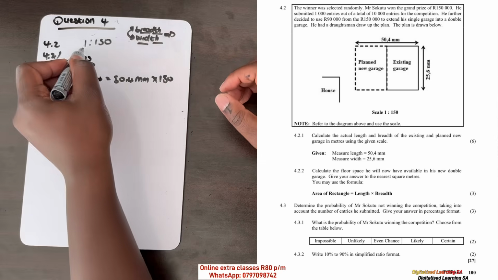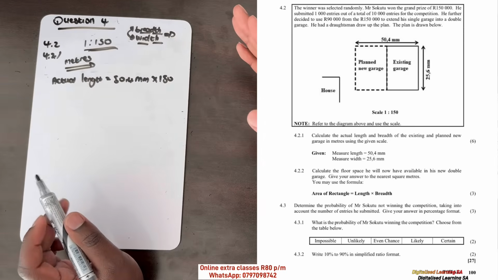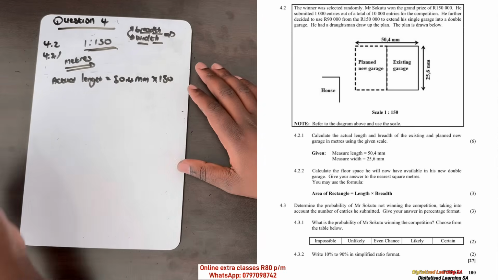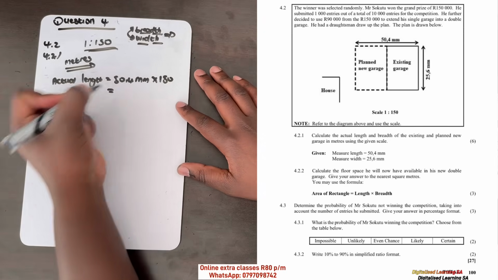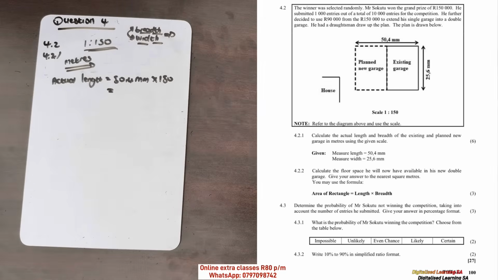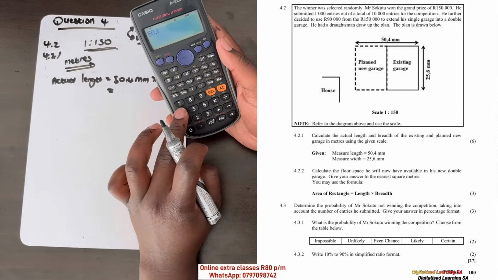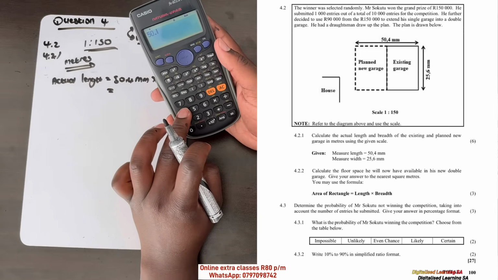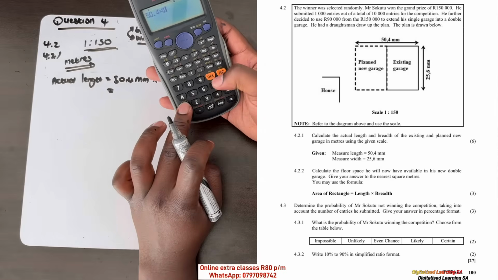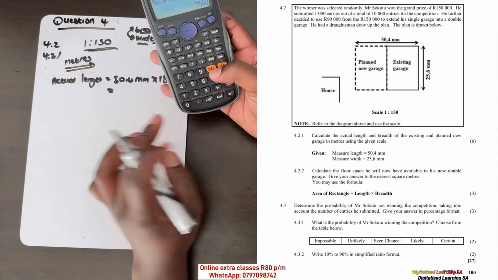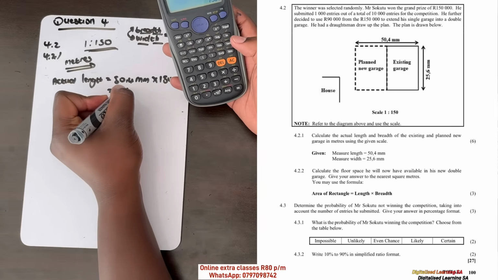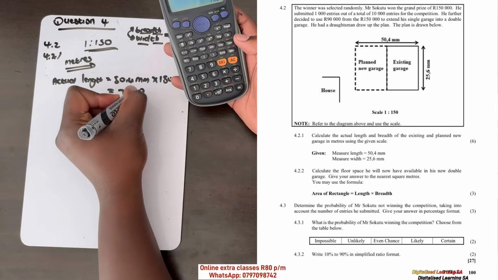That's what the scale is saying. So if we multiply the two, 50.4 multiplied by 150, the answer will be 7560